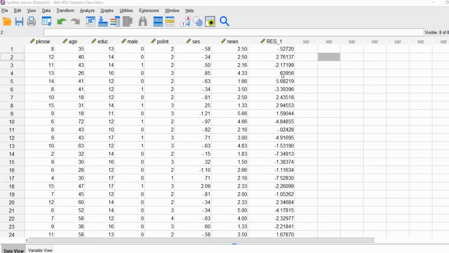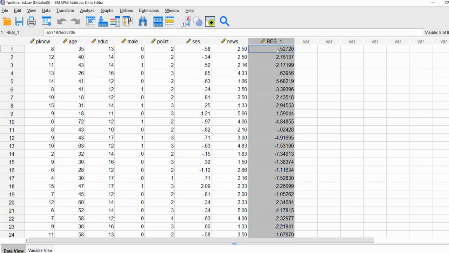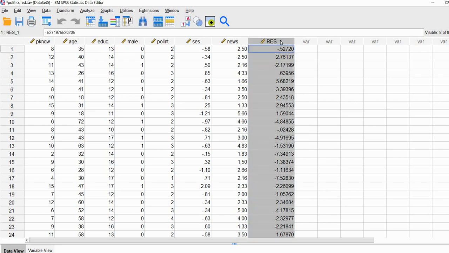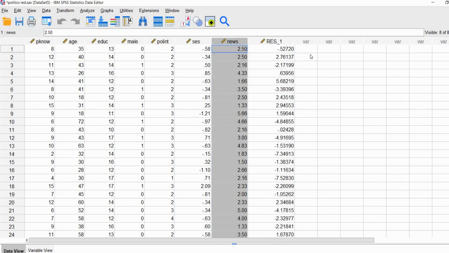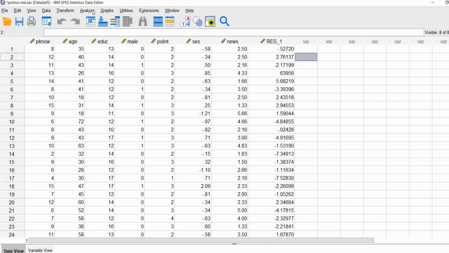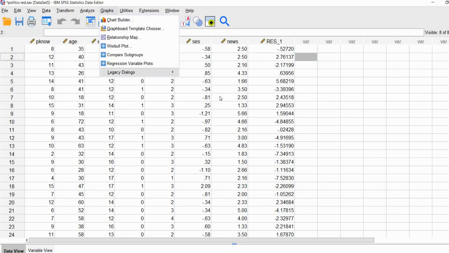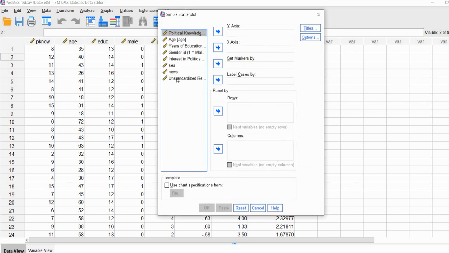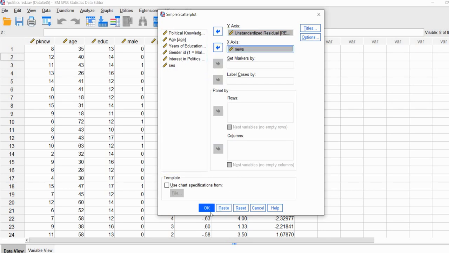So in our data set, because we had clicked save the unstandardized residuals, we now have this column of those residuals. And so now what we're going to do is plot these against the values on news consumption, which is our independent variable. So we'll go to Graphs, Legacy Dialogues, go down to Scatter Dot here. We'll click on Simple Scatter and Define. We'll move unstandardized residual up to the y-axis box, and then move news to the x-axis and